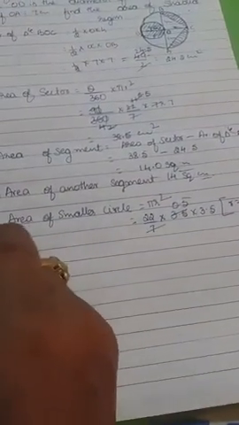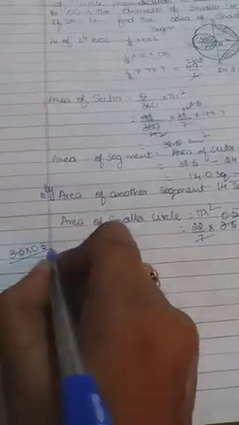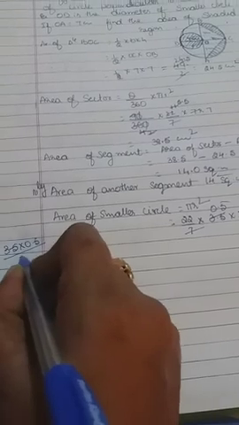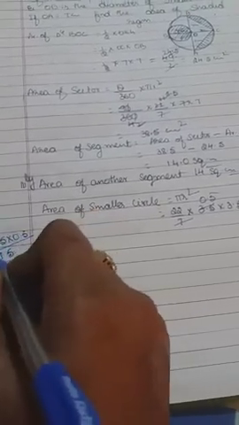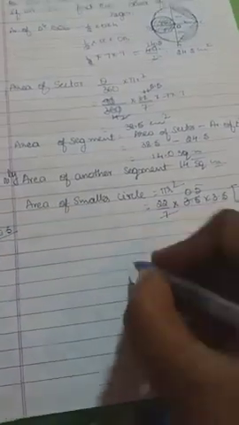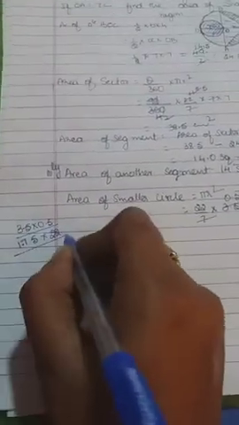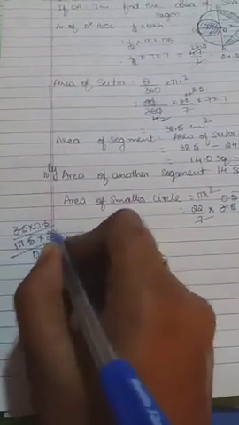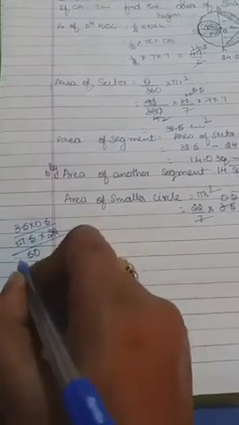So first we have to do 3.5 into 0.5. 5 5s are 25. 2 5s are 10, 3 5s are 15, plus 2 is 17. So here one number, here one number, leave two numbers and put a point: 1.75 into 22. 2 5s are 10, 1 carry, 2 7s are 14 plus 1 is 15, 1 carry. 2 1s are 2 plus 1